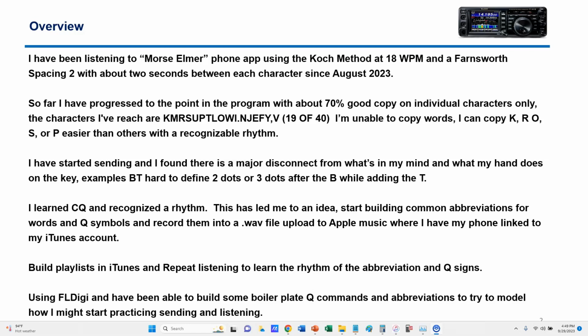So what I did was I started practicing learning to send CQ, and of course I realized that there's a rhythm to this, and this rhythm was very distinguishable once I got comfortable with it. So instead of trying to learn all these individual letters and characters individually, I'm going to take what I've learned and build some Q signs and abbreviations into